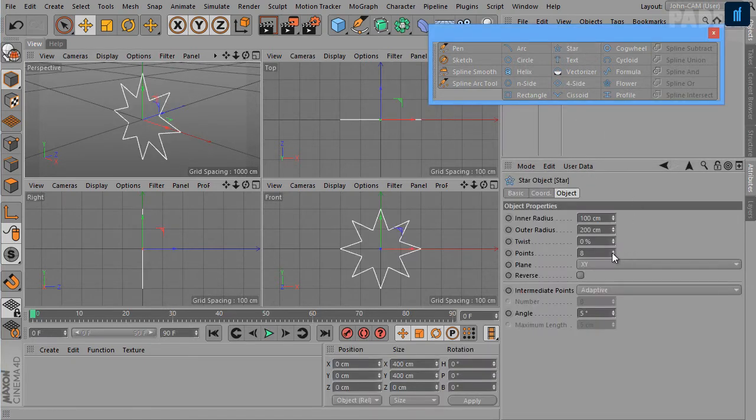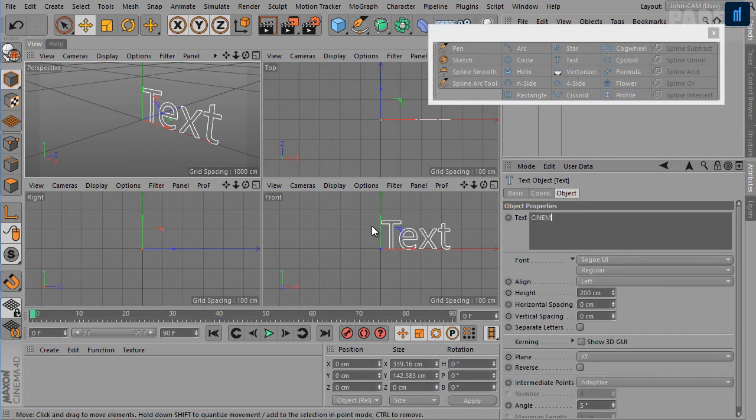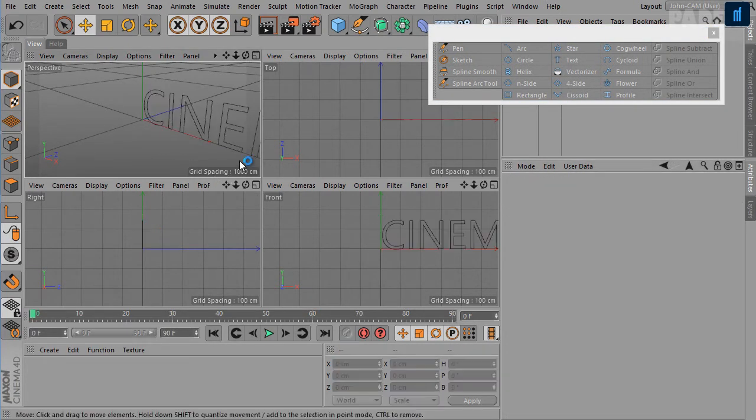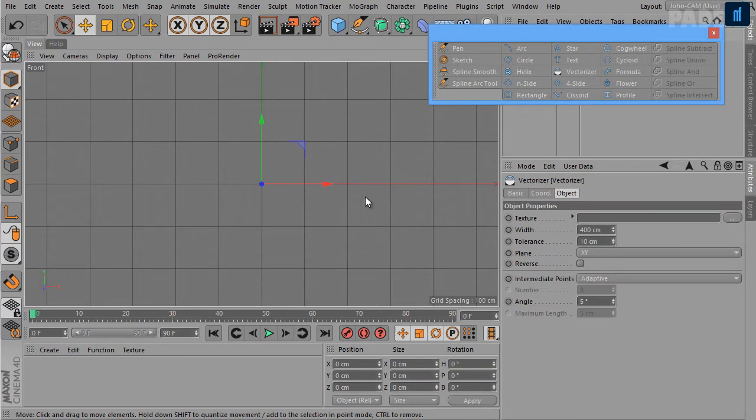We have Star, Text. You can type any text here and it will be displayed in the viewport. Then we have Vectorizer. This primitive is used to create spline outlines from a 2D image. All right.